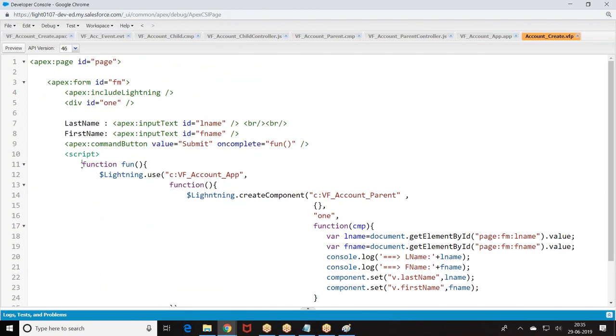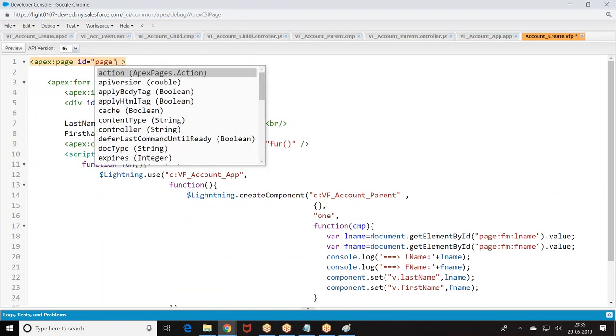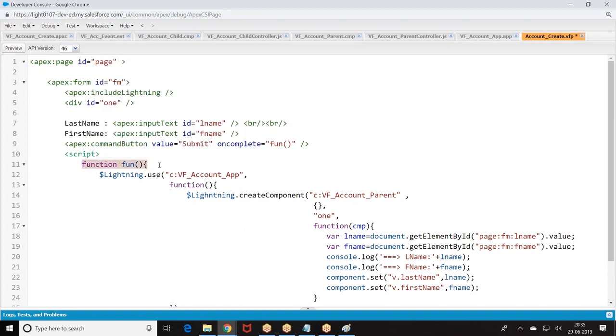I can say on load I can give, or else we can straight away remove this.